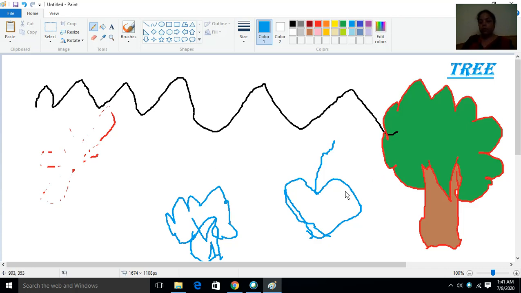If I want to fill the green color in this drawing without choosing any color from the color box, what I have to do is just click on color picker, then I will click on that drawing whose color I want to fill in the other drawing. Then you can see when I am just clicking on this green color in the color one, the color is changing. I am just telling you again.